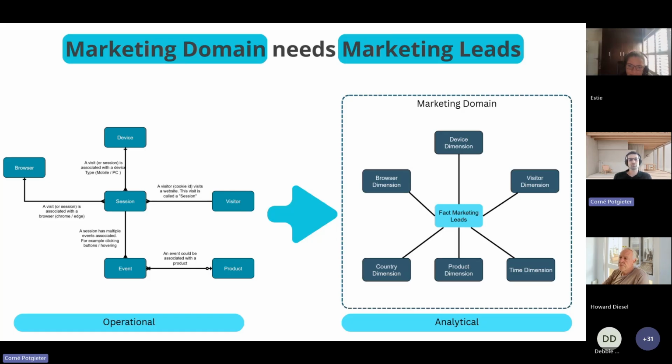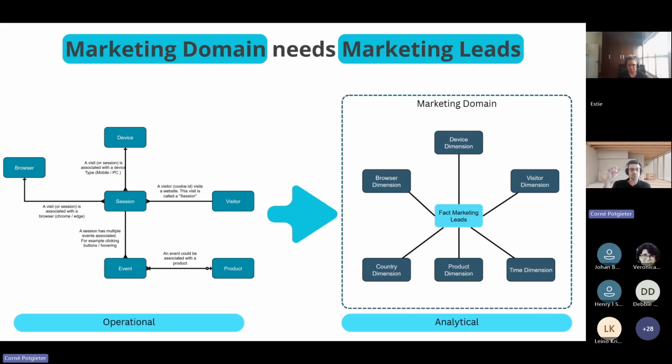A marketing lead could be, I'm going to make up some examples, if you came to the website via a Google Ad. So when you search for something and the Google ad at the top was something that you paid for, if they click through that and maybe you fill in a form on the website, that event could be seen as you are now a marketing lead, and they want to be able to track these metrics.